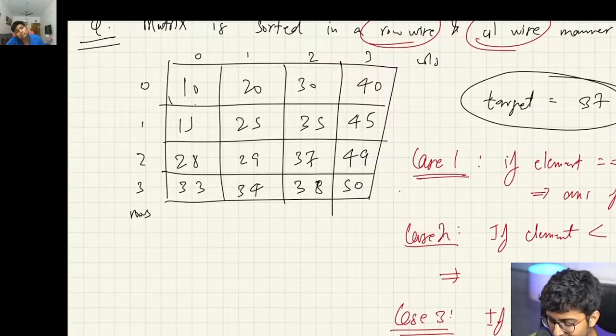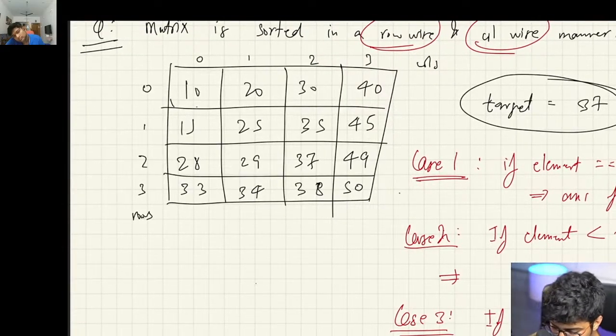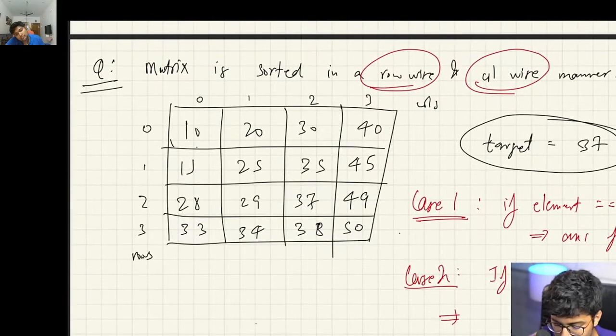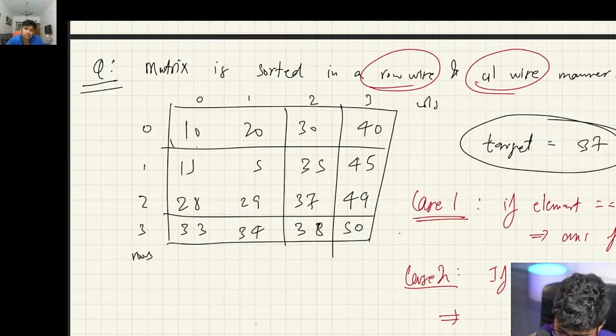So let's talk about the element being less than target. Let's say I'm talking about 25 or 29. Is 29 less than 37? Yes, it is. But does it really tell you anything? Not really. What can you do if 29 is less than 37? Can you eliminate this row? No. Can you eliminate this column? No. No particular proof over here as such, because it might be possible that